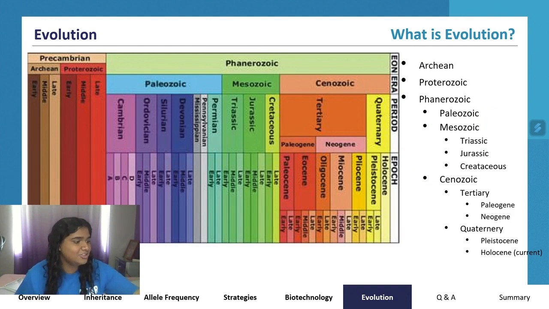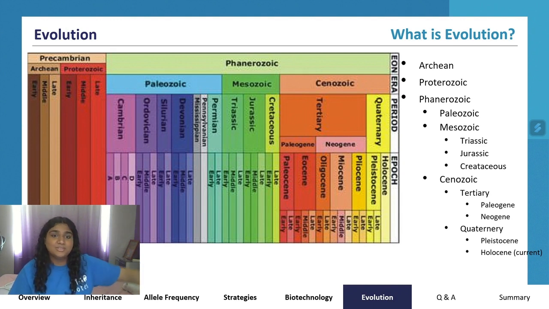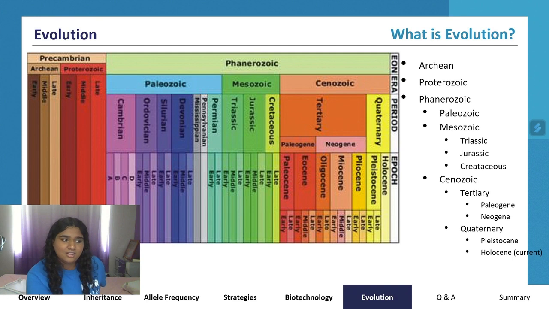In terms of what evolution is, the Earth can be mapped out according to all of these eras and all of these timelines. All of these areas are characterized by different environmental conditions, different predator and prey relationships, and different levels of biodiversity. All of these differences cause selection pressures, or things that affect a population from surviving and thriving.